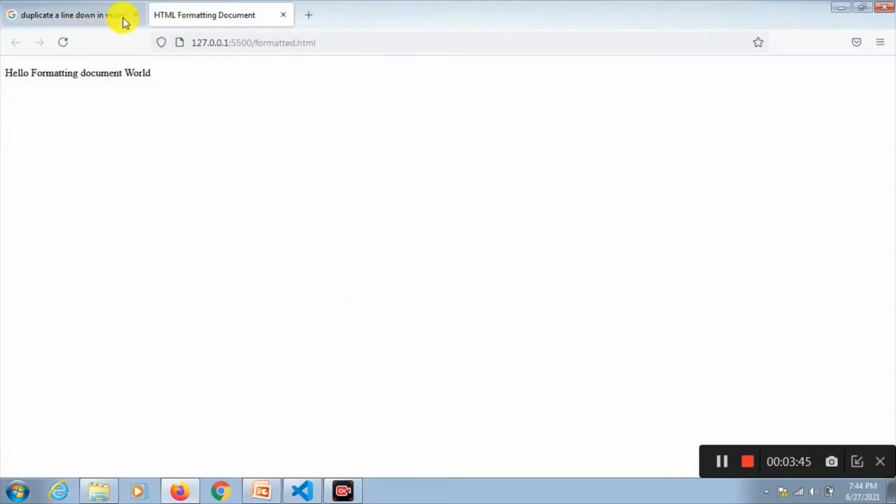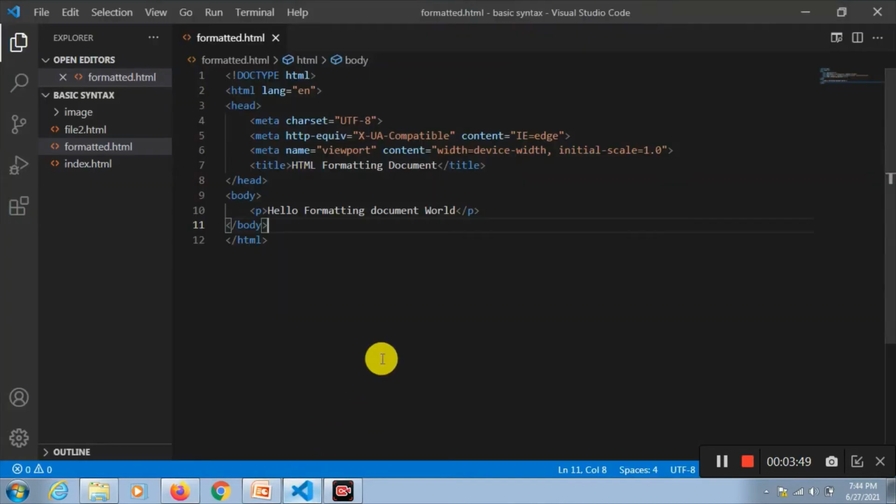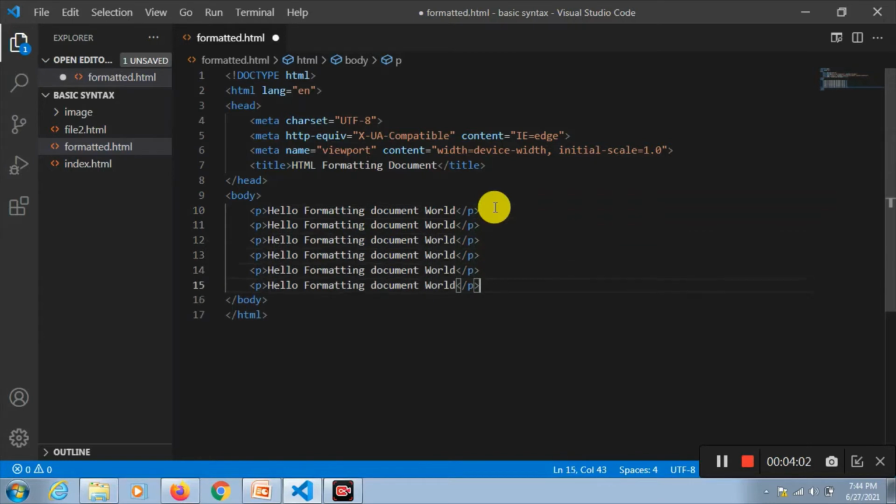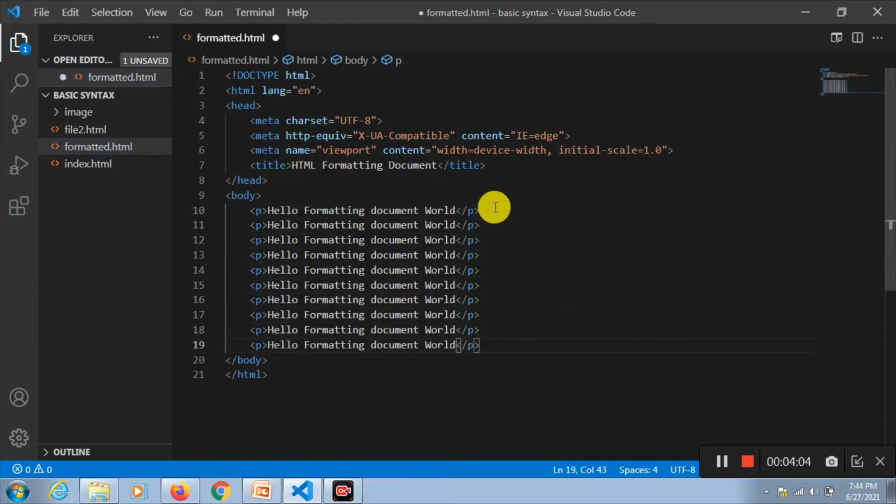So we'll make some more copies of this. The shortcut way of copying it is press Shift, Alt and down arrow. And first one will be normal.